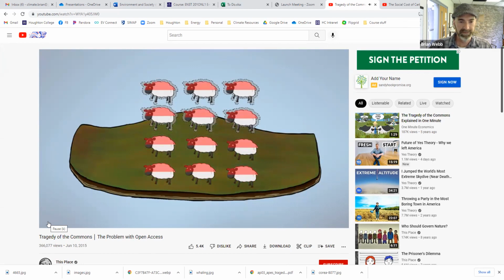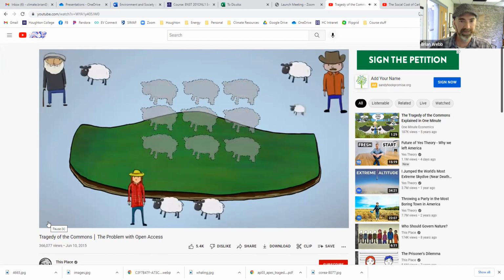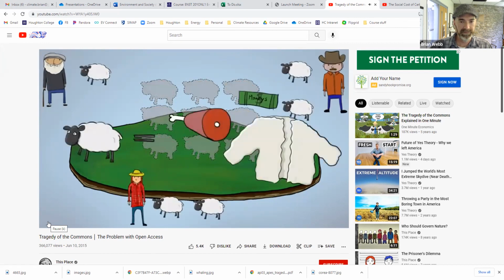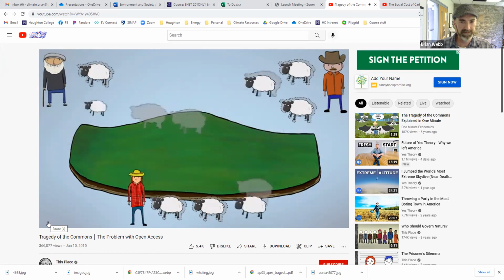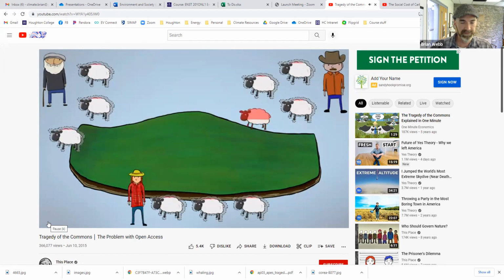So it's in this group's best interest to keep the number of animals on the field at or below the carrying capacity. But every herdsman that puts an animal on the field will get the direct benefit that that animal provides for them, but they would only share a portion of the cost of the degraded field. If the field were at carrying capacity and a herdsman decides to add an extra animal, the added animal takes some of the food that would have gone to the others. This reduces their value. The owner of that additional animal comes out ahead because even though all his animals are a little bit less healthy, he has more of them.